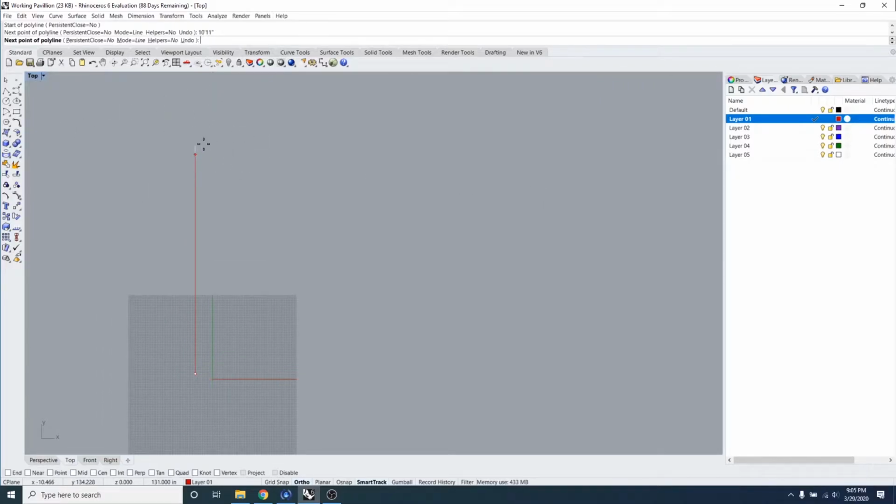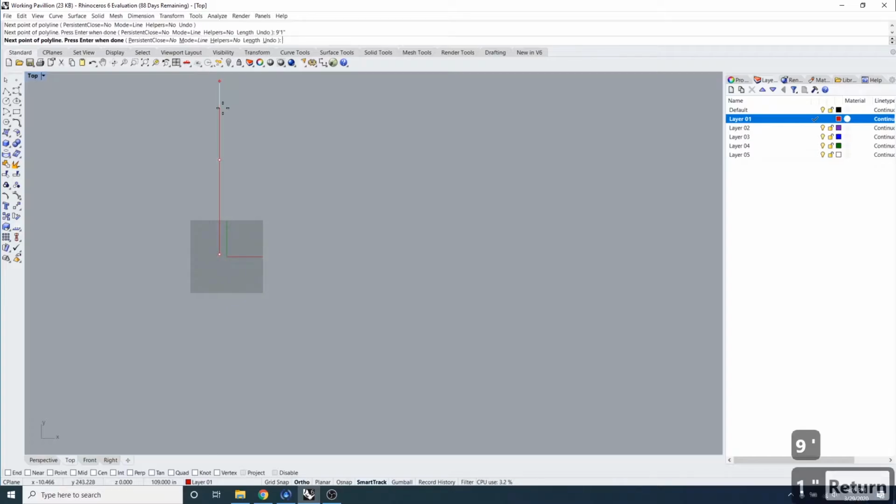and you can see that we have the distance that we want. We just got to pick what side of that distance we want to go towards. So we're going to go up, so I'm just going to click once. That's going to be my 10 feet 11 inches. Then I'm going to go up one more. It's going to be 9 feet 1 inch,